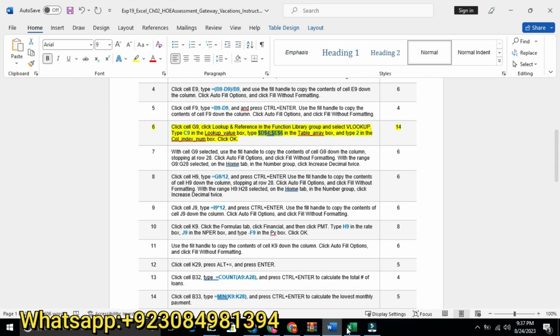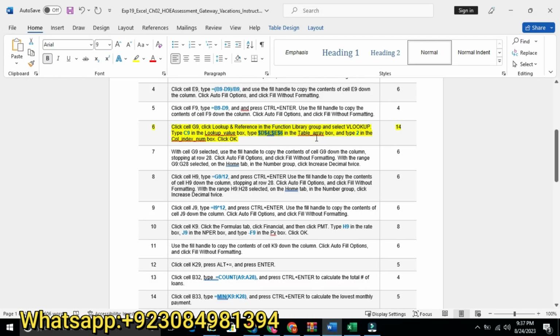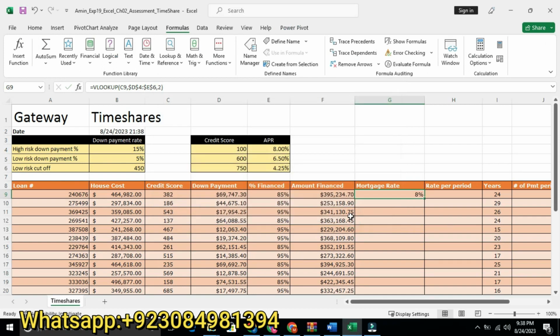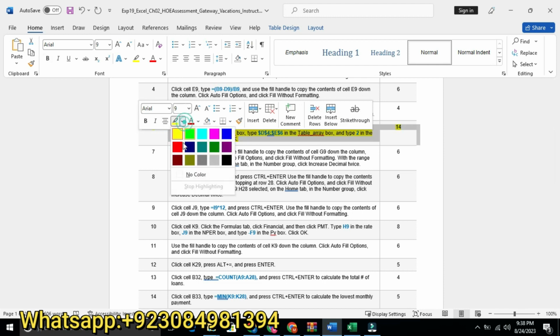Control C, and in the table array we will paste this one, Control V, and type 2 in the column index number box. So we will go to our Excel sheet, type 2 and press OK. So we will get our results. So this sixth step is also completed.